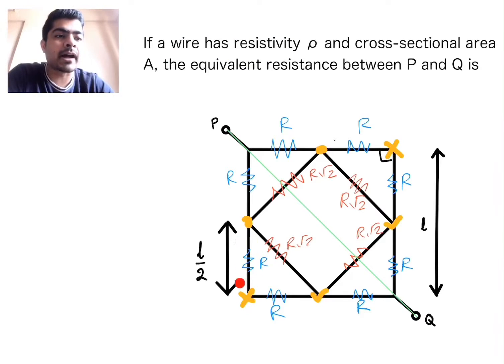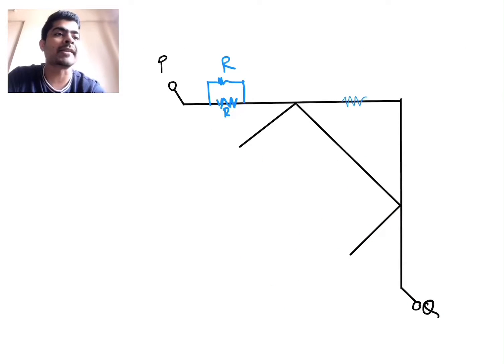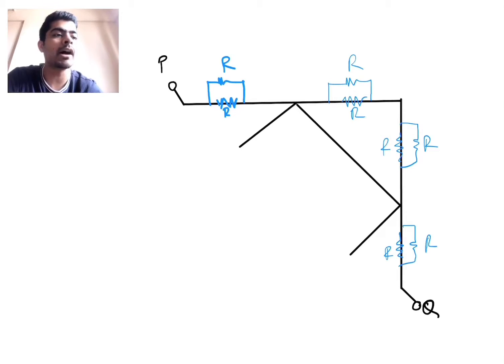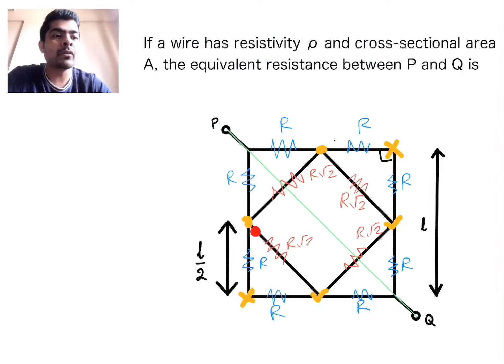similarly this branch will get in parallel with this one, because try to fold them. When you fold them, this corner X is getting over there with the other corner X, so this branch will get in parallel with this one. So same thing. So we already have one resistor R, then we get one more in parallel, R. Similarly here also we will get R, here also R, already we have R over here, here also R, correct? Now this branch of the circuit will merge with this branch. They will come in parallel.